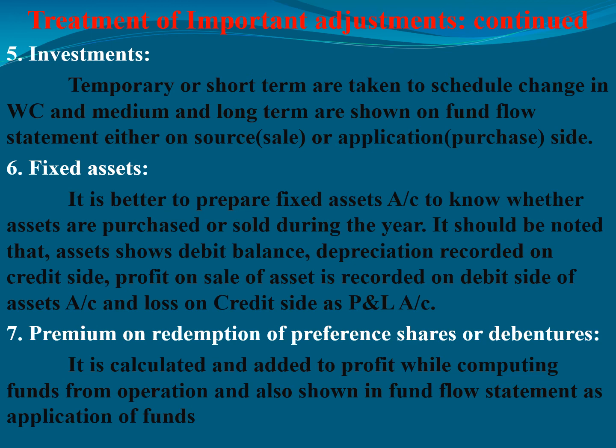If it is profit, it comes on the debit side, to P&L account, in brackets profit on sale; by P&L account, in brackets loss on sale. Then the difference is the asset purchased or sold, and accordingly it is recorded in the fund flow statement. Don't take the difference directly. For fixed asset machinery, 1 lakh opening and ending balance 1,20,000, the net 20,000 is not the purchase because there is a depreciation. It's better to prepare the fixed asset account separately.